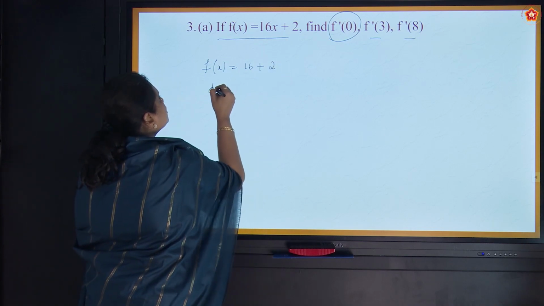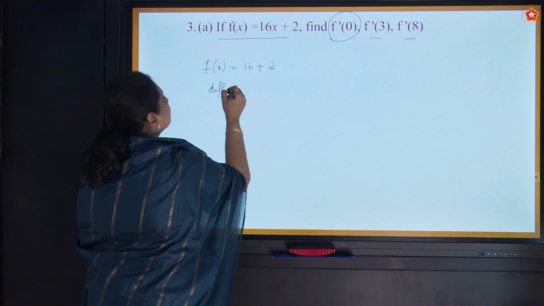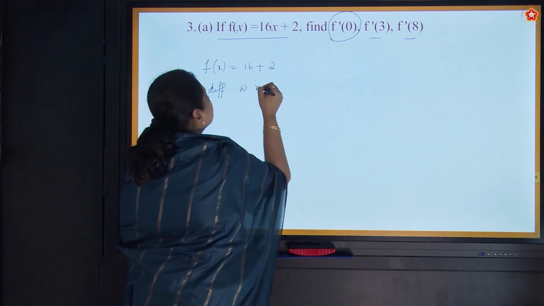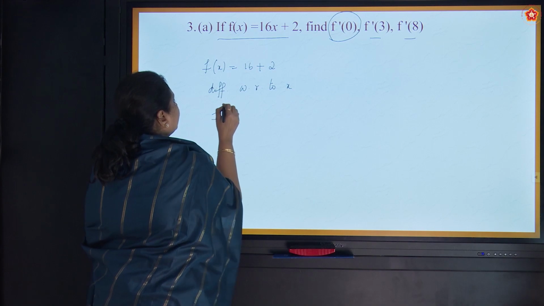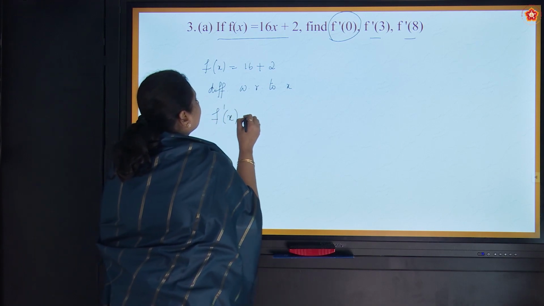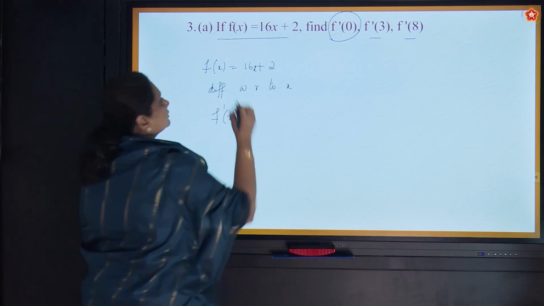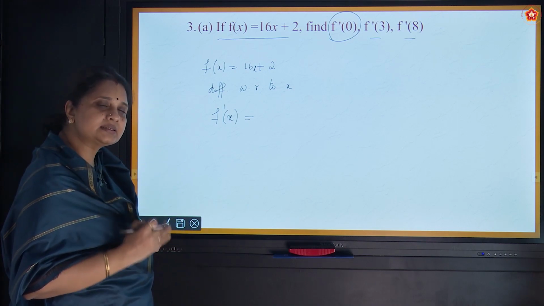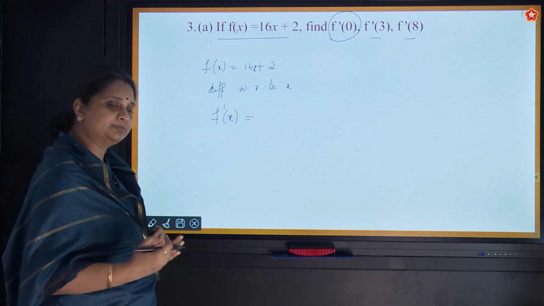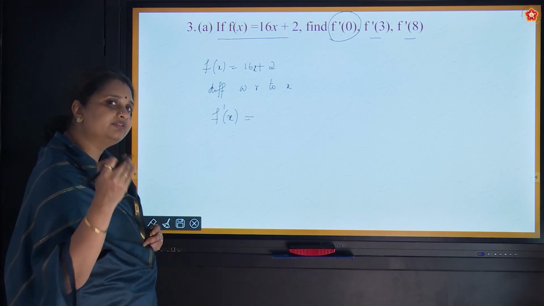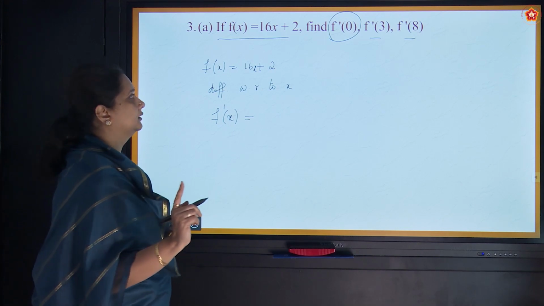So when I differentiate this with respect to x, my f of x gives me f dash of x, and on the right hand side 16x on differentiation. I've already told you, I'm again repeating, when